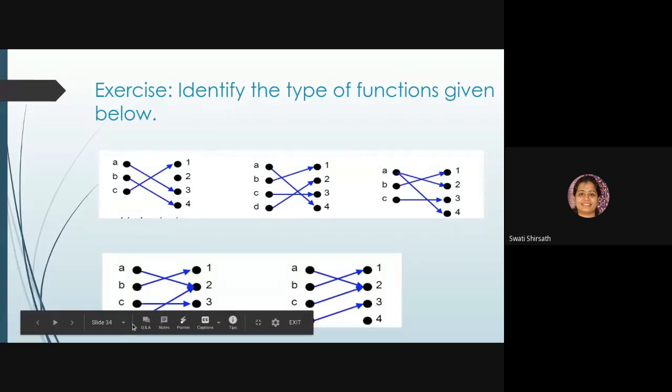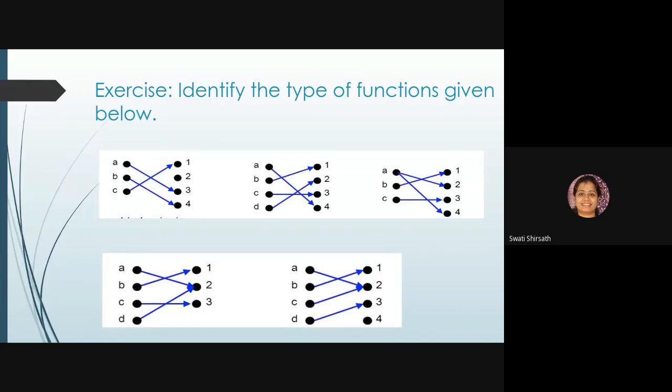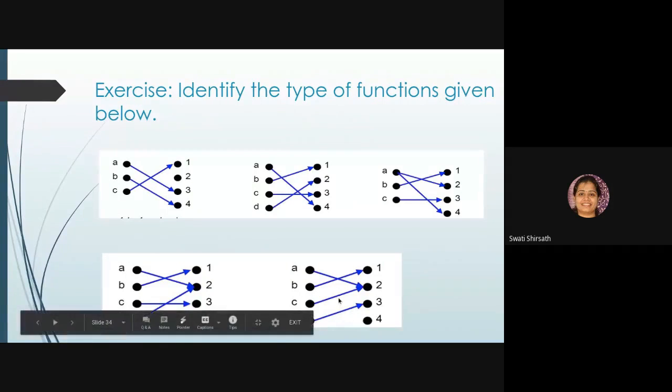See, A is mapped to 2 and D is also mapped to 2. It is not one to one, right? Yes, ma'am. Yeah, so it is only onto. And last, one to one? Neither onto nor one to one. Why not one to one? Yes, it is not one to one. A is mapped to 2 and C is also mapped to 2. It is a function, but it is not one to one, nor onto, nor bijective. Okay? Agree with me? Yes, ma'am. Chalo.